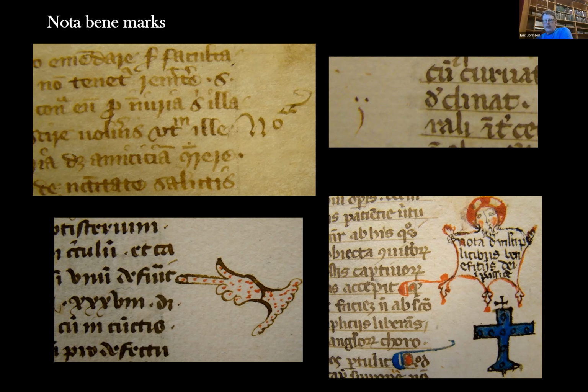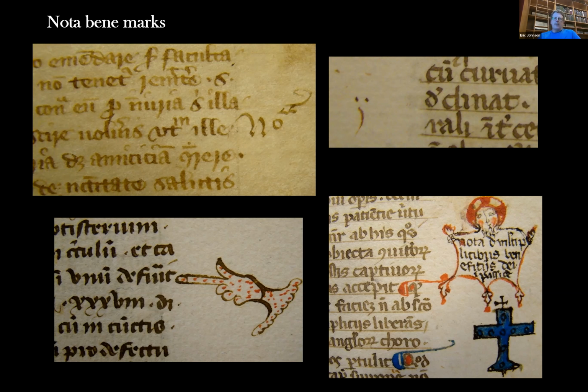And on the right, we have a very pleasant, pretty ambitious annotation, a really nice nota bene mark that's been added into the margins of a pastoral miscellany from the early to mid